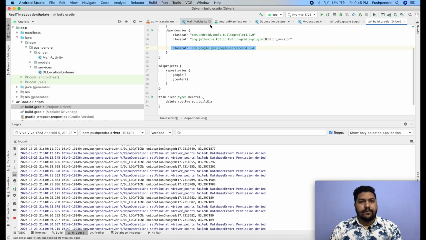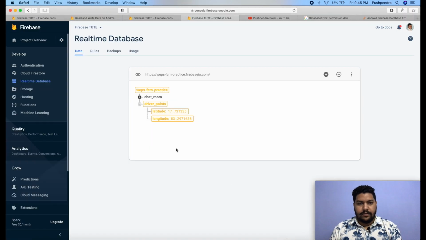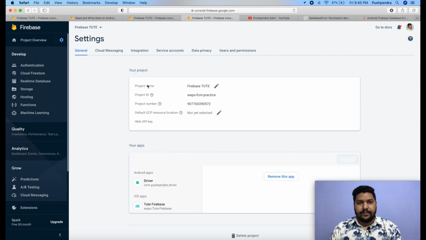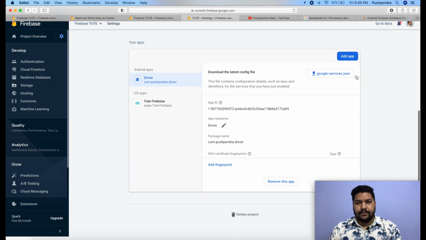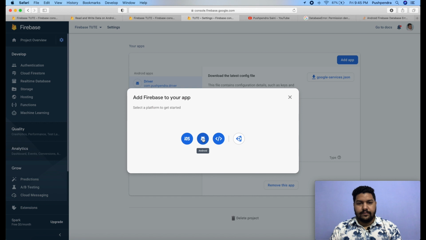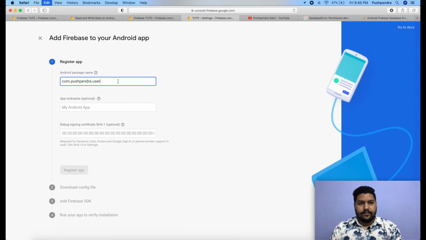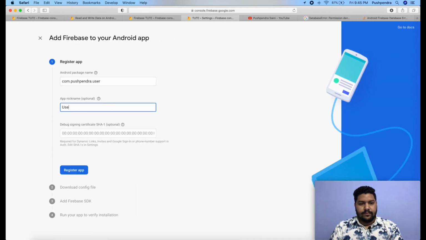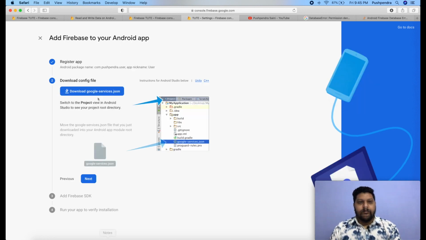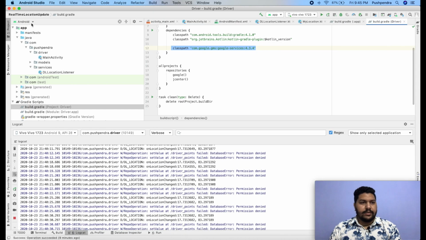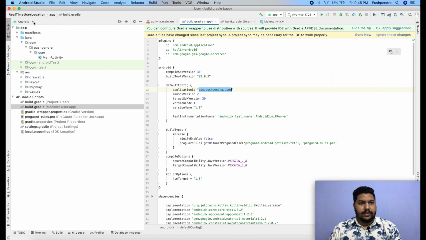Now I will add this user application to the same account. User register app. It will give me one JSON file, and I will move it the same way. This is the driver app, this is the user app.